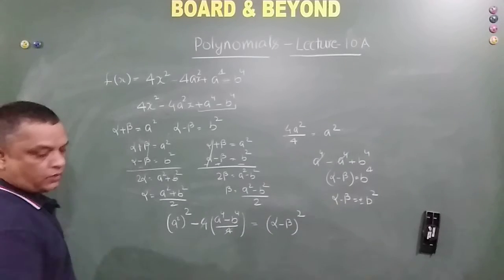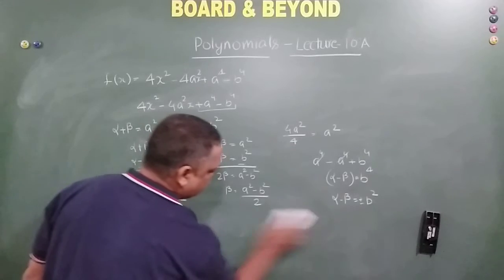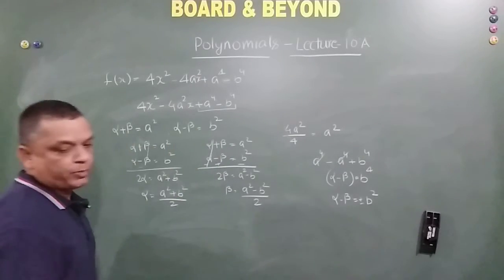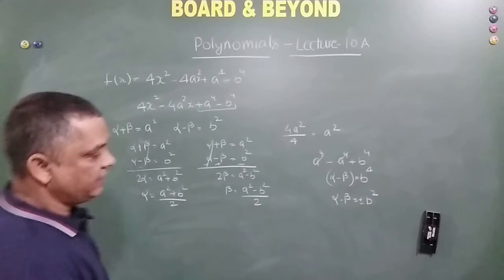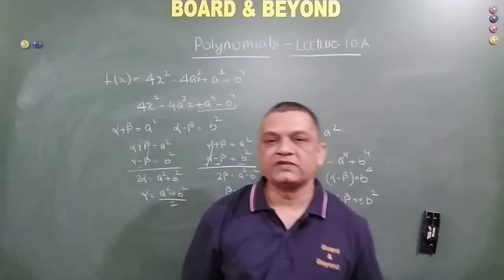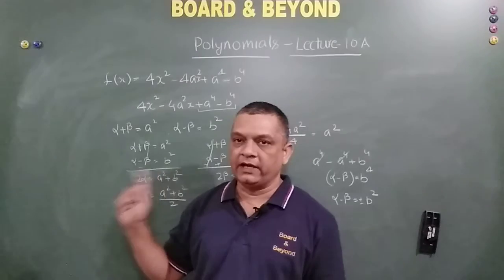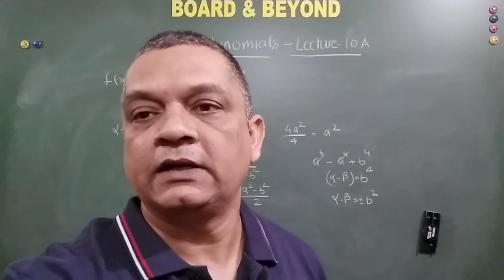I hope this is not confusing you, okay? Because the process I have applied is very simple. I will just repeat the process for you, okay? The process is that first for this quadratic polynomial, we find out alpha plus beta is equal to minus b by a, okay? One second, friends, 1 second.